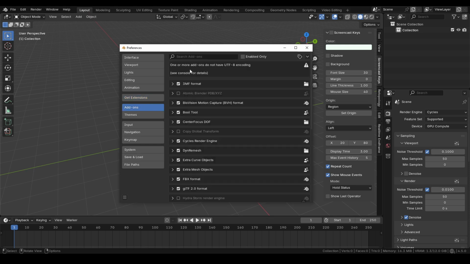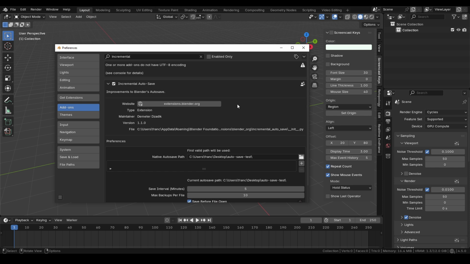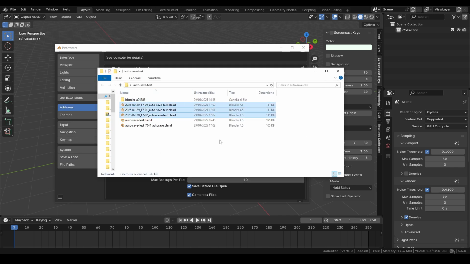Hello everyone. In this short tutorial, we'll go over some information about autosave and, more generally, backing up our projects in Blender 4.5. Among other things, we'll see how to create multiple autosave files with timestamps using a free extension. We'll also see how to make Blender save more than one file with extensions Blend 1, Blend 2, and so on every time you save.